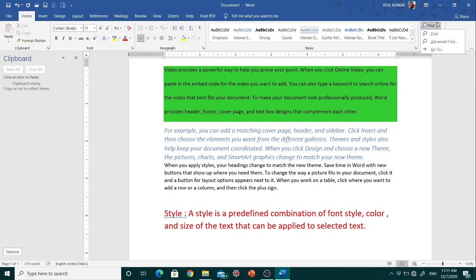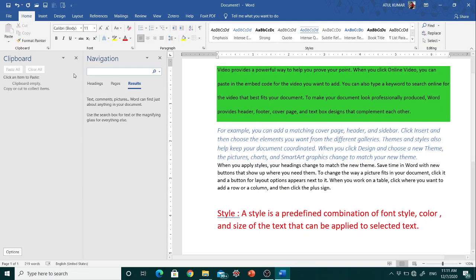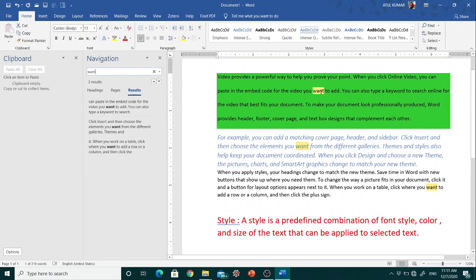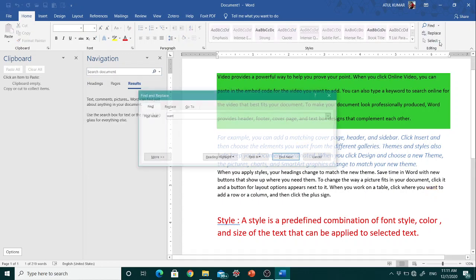In case of find, you can select this find option to find any kind of word or text in your document. Suppose I want to find want, so just select and it will search for all the want words in the document. Also we have an option of advanced find.